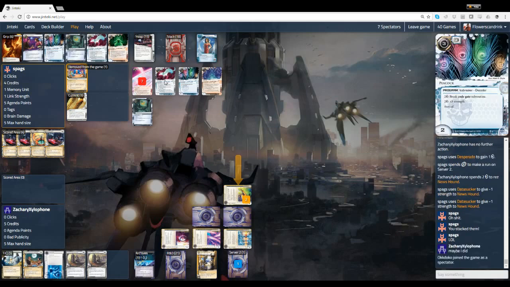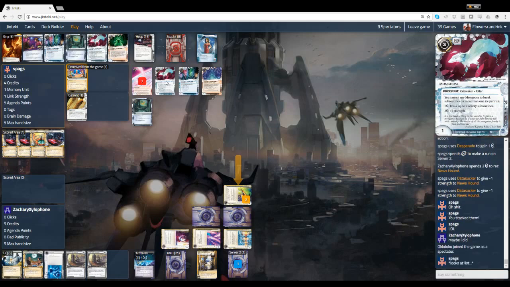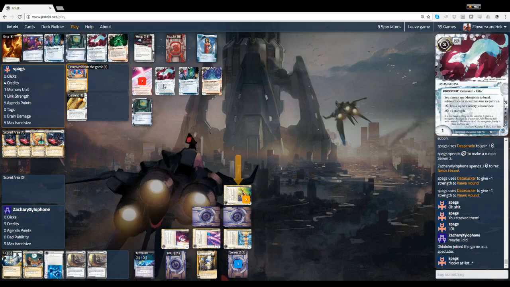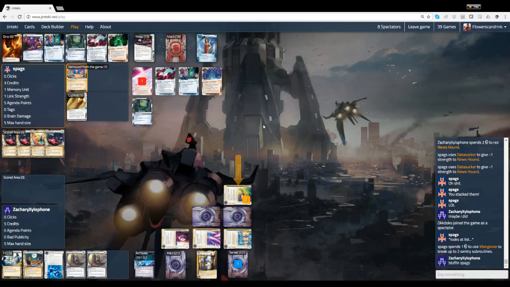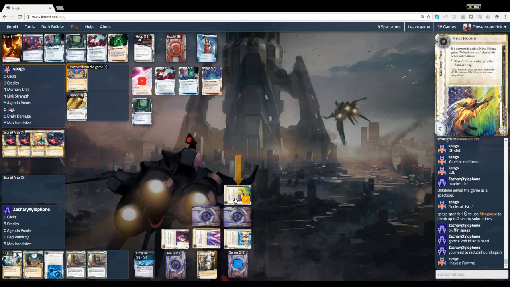For anybody that might not know, mongoose is a sentry breaker that can only break 1 ice per run. So if we have another sentry here in position 2, Spags would not be able to break it with mongoose. Nope. So we're going to see here if he can get in. He's going to have to reduce by 1 more strength with data sucker though. So if it is a news hound and he does rez it, then Spags will have to end his turn with a tag, which is not too bad at this point, but